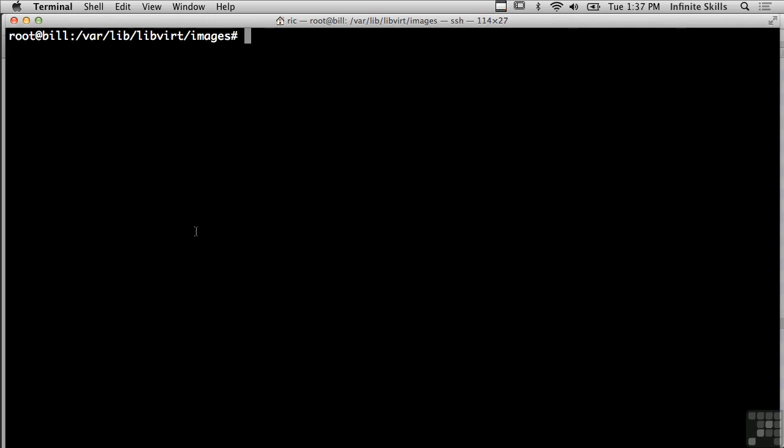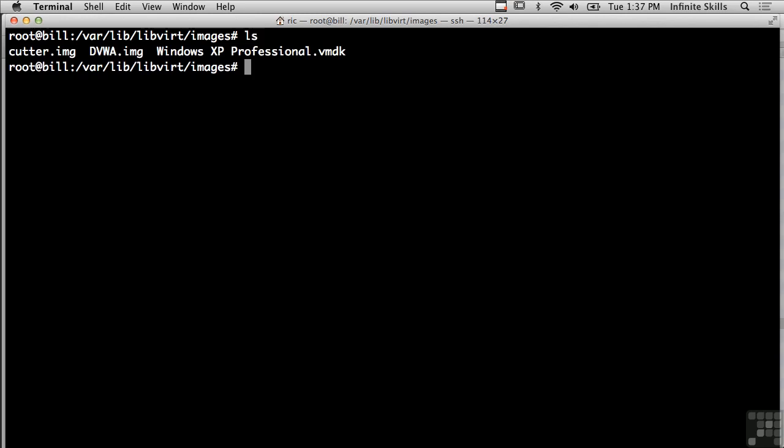In this lesson, we're going to be going over data formats. Data formats, in this case, I'm talking about different ways of storing information about the virtual machines. So right now I am on a Linux system running KVM, and I'm in the directory where the different disk